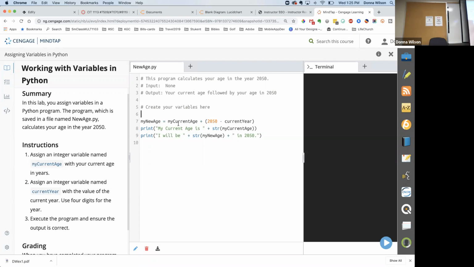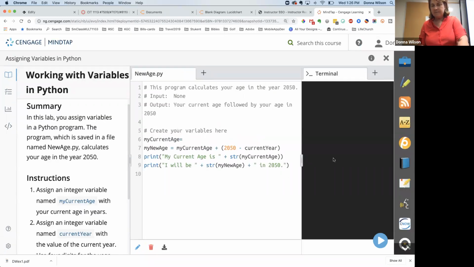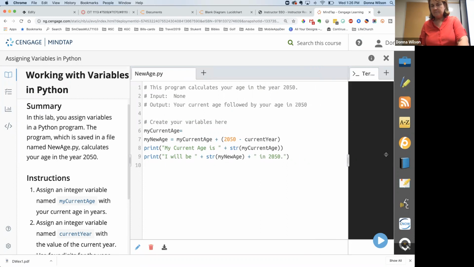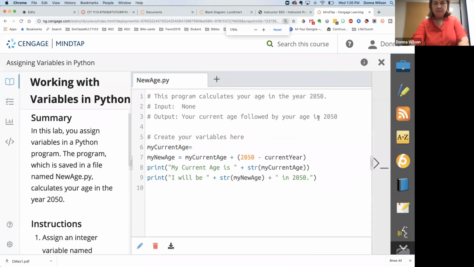Then on line 5, they say, create your variables here. So here is where it tells you to create a variable called my current age. So I do my current age, and then you actually give it a value. We're not asking the user to input. We're saying give it a value. Oh, and you guys can't see back there. Let's see if I can make it bigger. Okay, so we're saying my current age equals, and then you actually put your age as if you were asking an input statement and it was going to flash back to you. So you put your current age,